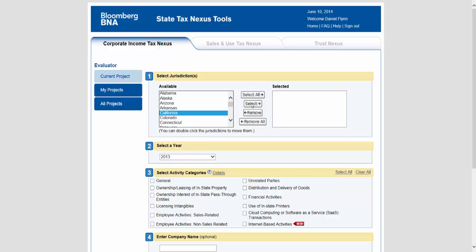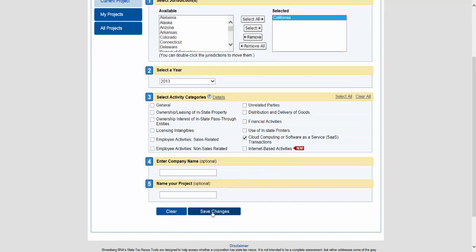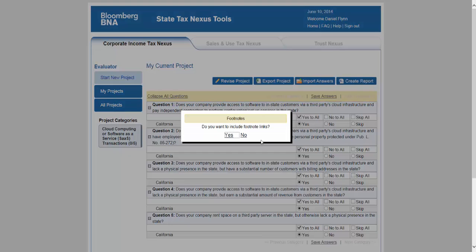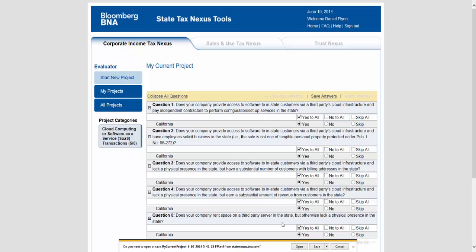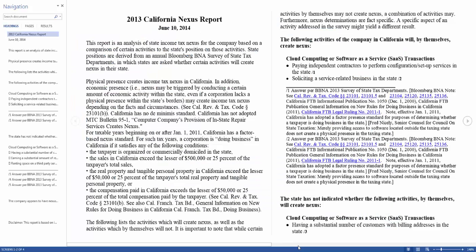So you'll notice if I select California, I'm going to select a category here, save changes. The output of the evaluator tool is a Microsoft Word formatted document that provides our end users with a great starting point, a great collection of information of primary source as well as analysis to help them determine, in this example of California, which activities,